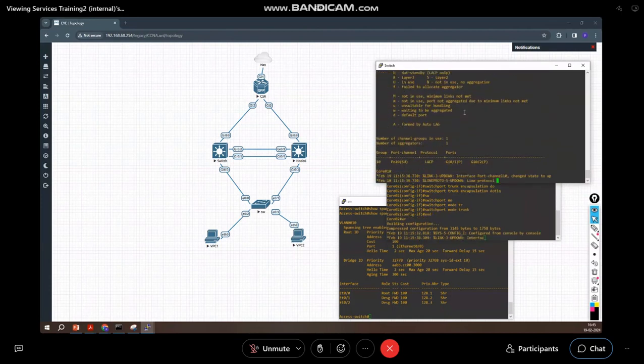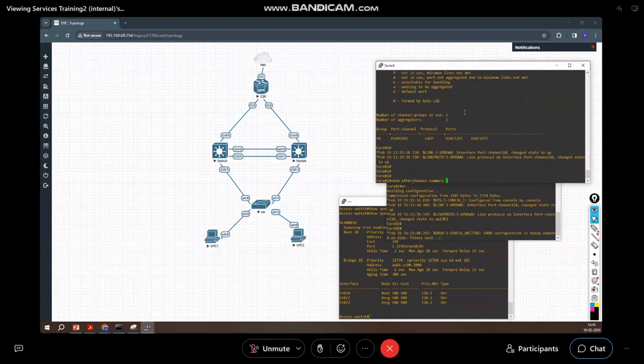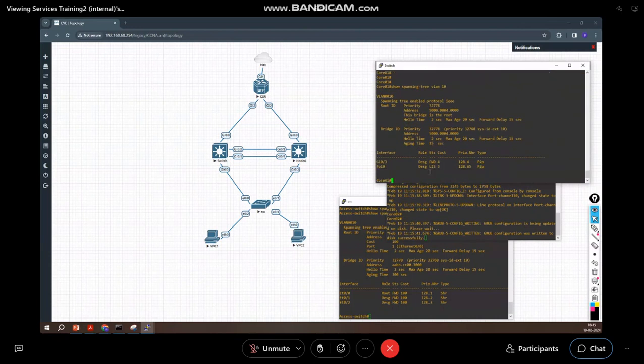I'm waiting for the port channel to be bundled. It is bundled. And if I do show spanning tree now, okay, it is also part of that. Good. This is a root bridge. The concept what I had told you, out of the three switches, the one with the lowest MAC address will be the winner. So if this is a